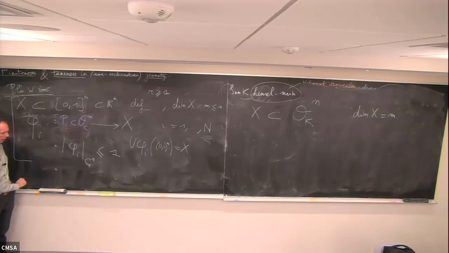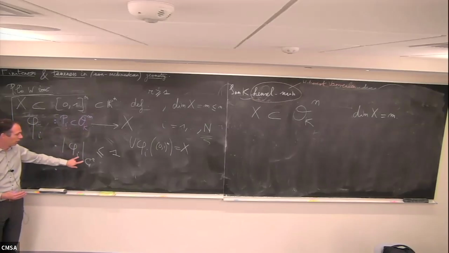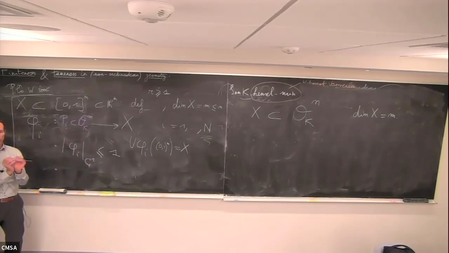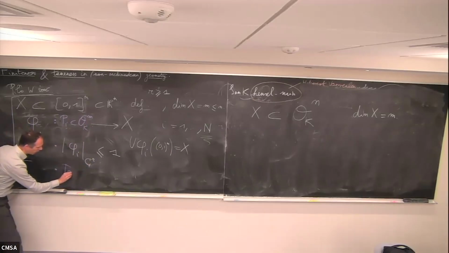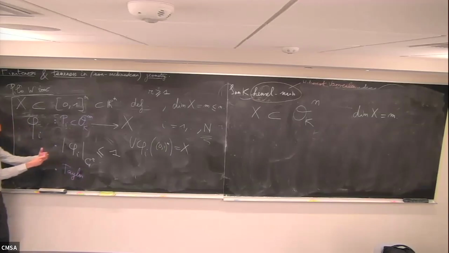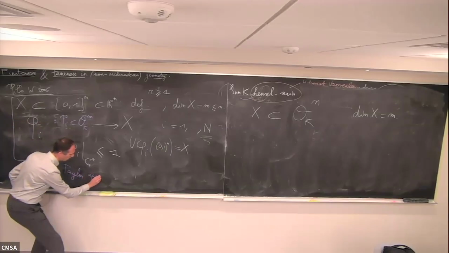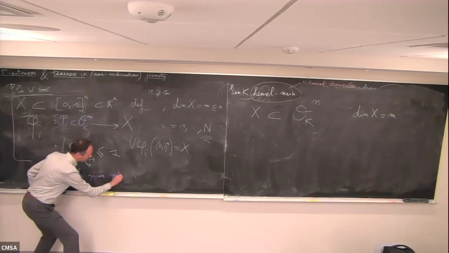And I add one condition that was automatic in the real case. In the real case, I said you get automatically Taylor approximation for free once you know that the C^r norm is small and you have a convex domain. The domain is convex and nice in the reals. In the p-adics, you don't get that for free because you don't have convexity. Topology is completely different. So what we do, we impose it in the result, and we work with each step of the proof to get it, that you have Taylor approximation up to degree